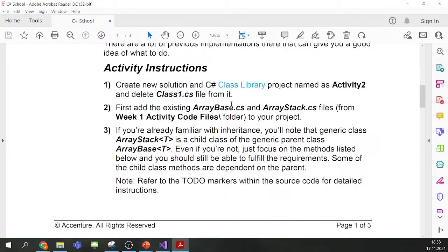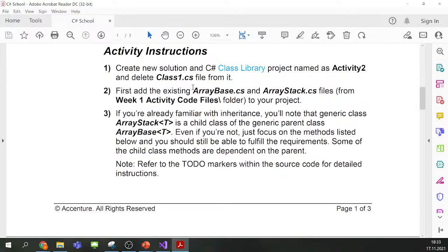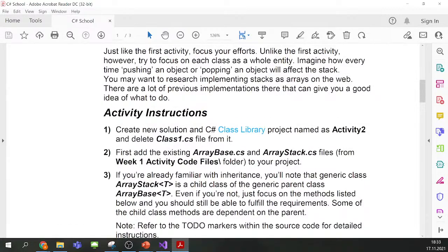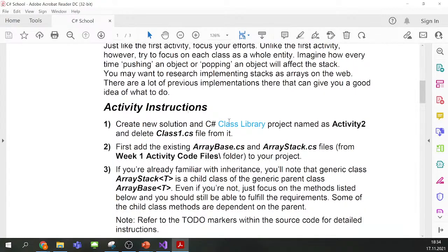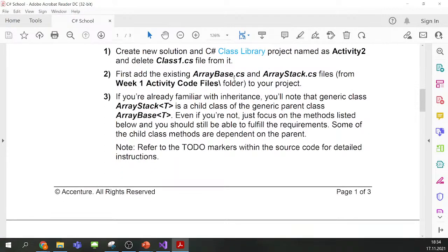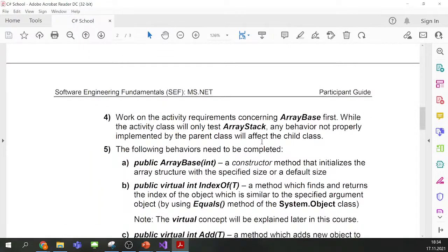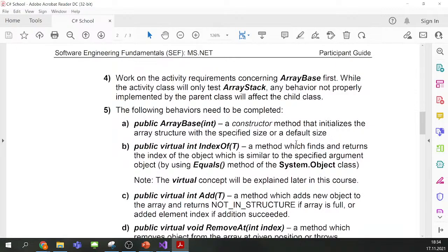Regarding the instructions, I hope they were all clear for you. The first steps were the same as for the first activity: just create the project and copy the files. Hope these steps are all clear. If you still have any technical issues, let me know, then we can try to fix them, but I hope that you don't have any. Then create solution, that was fine for everyone, then add existing files. These points I hope were clear for everyone, and then